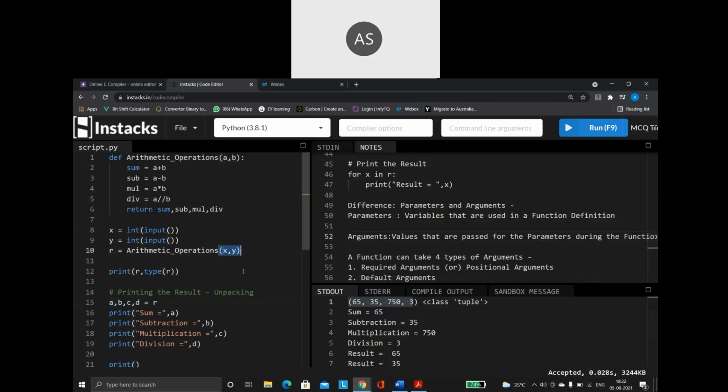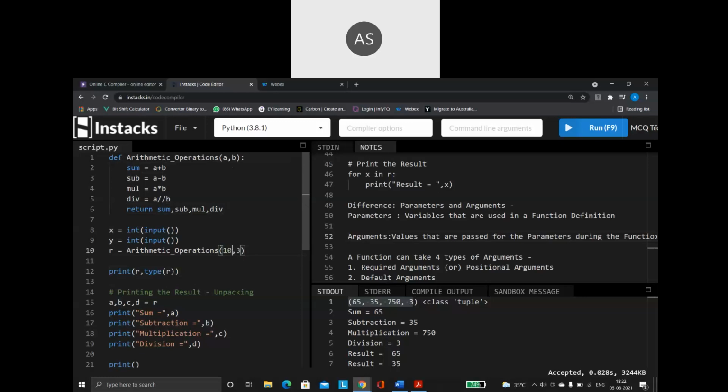For example, x and y are my arguments, because the value of x is given to a, the value of y is given to my b variable. That is why we call these arguments. Either I can give variables like this or I can directly give values also. I'm going to say 10 and 3.